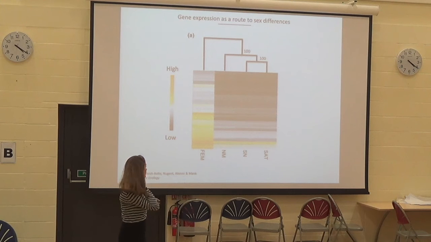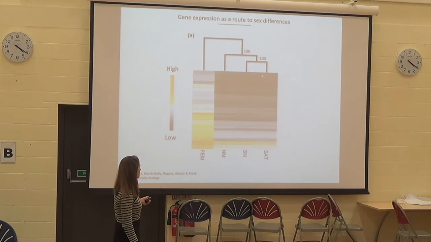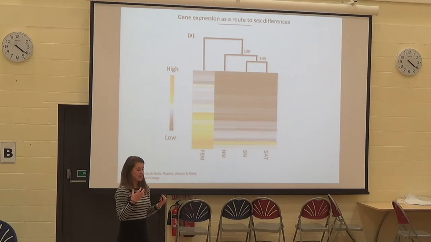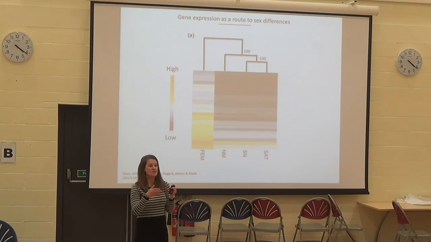And you can see that there are quite striking differences between the different morphs, mainly between the females and these different males. But then you can see that the males don't just randomly cluster across these different types. All the satellite males cluster together because they have similar expression levels. Similarly, all the sneaker males cluster together because they have similar expression levels. And so we think that this is indicating that differences in the expression of genes that all of the different individuals share is really what's important in establishing these differences in phenotype.